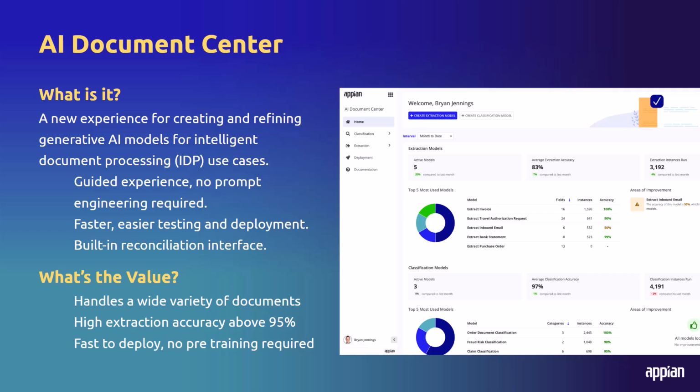So our answer to all of these challenges, the complexity, the inconsistency, the disconnect from workflow, is the AI Document Center. AI Document Center is a purpose-built tool for managing the entire lifecycle of intelligent document processing using Gen AI. And while the underlying technologies, machine learning, generative AI, aren't brand new, what is new is having a single tool that brings together the most powerful parts of IDP and makes